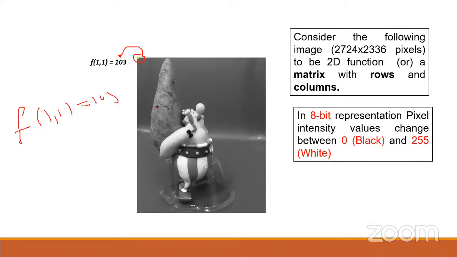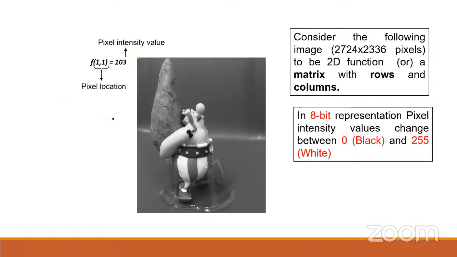So of course we are not able to see 103 in the image, but if we process it using Matlab or any other tool, we can find the value of this pixel, f of 11, is 103. It depends on the color, because this is a grayscale image. So 11 is a pixel location, and 103 is nothing but the pixel intensity value or color value. If you take the last pixel, the pixel location is 2724 and 233. See, this is the row, this is the column, and the intensity value or color value